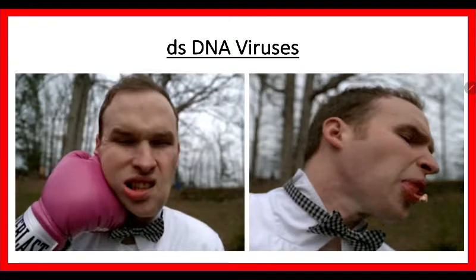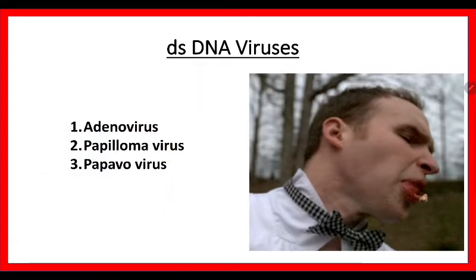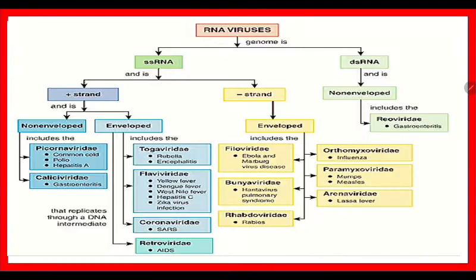Next, coming to DNA viruses. Just remember this: when we are going to punch someone and his tooth is falling out. Translating it exactly in Tamil, that is மூஞ்சில குத்தி பல்ல வெளி உடைக்கிறது. Okay, so it's like that. So அடிக்கிறது, it's adenovirus, and பல்லு, so papilloma, something similarly rhyming. And papovavirus. These three viruses are double stranded DNA viruses.